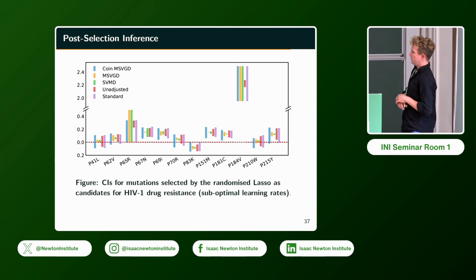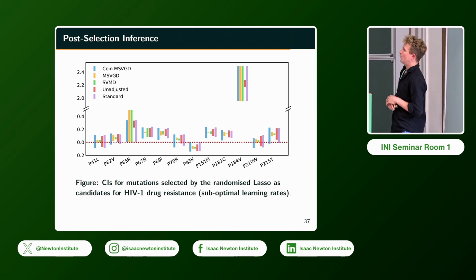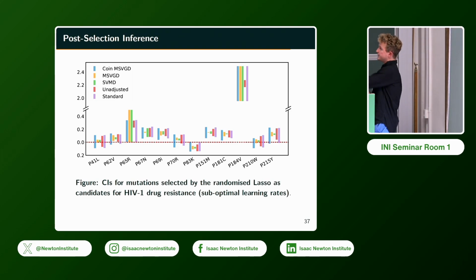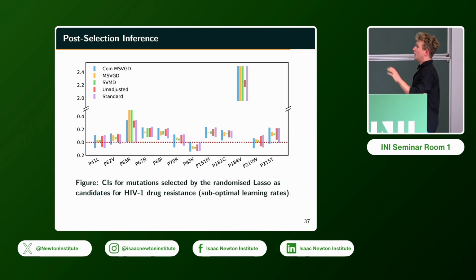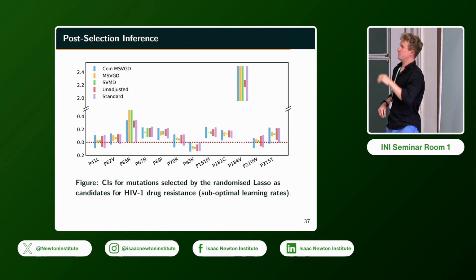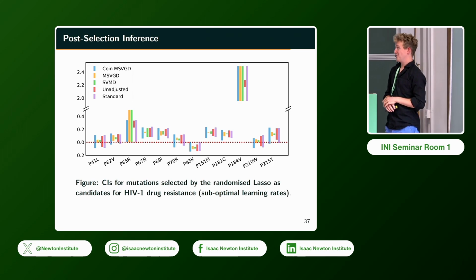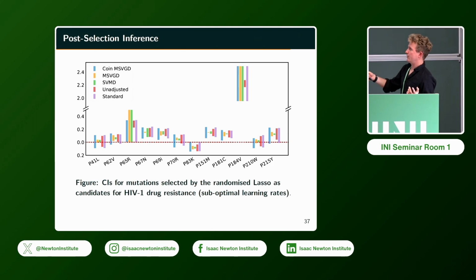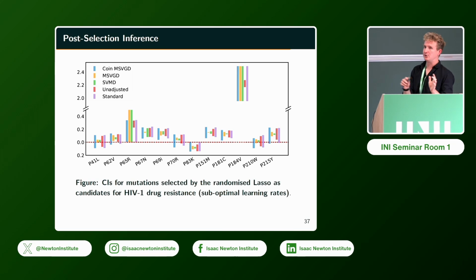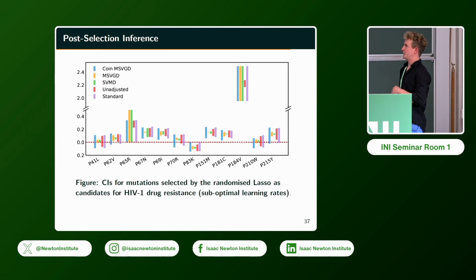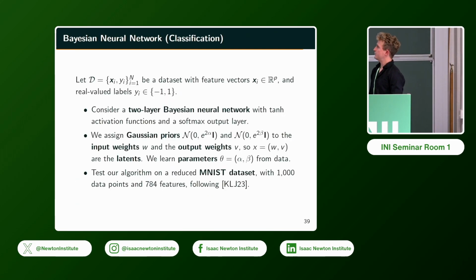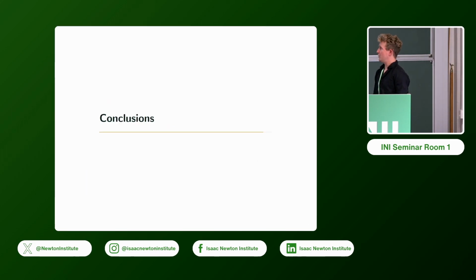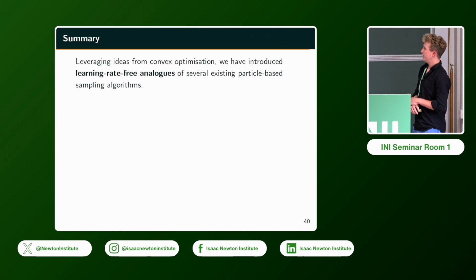And just to bring home the message about how important the choice of learning rate is, this is essentially the same plot from before, but where now I'm showing the results for the MSVGD and SVMD methods for poorly chosen learning rates. And you can see in that case, clearly you get very different results to any of the other methods which are clearly suboptimal. Okay, so I'm going to leave things there in terms of examples. This works as well on Bayesian neural nets.